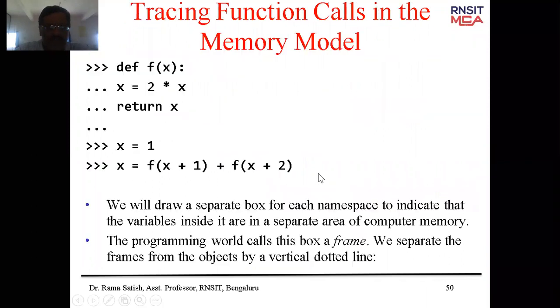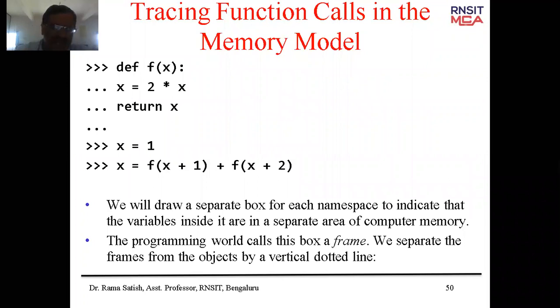Another set of questions are often asked even in the technical round: how is memory allocated? Tracing the function call in the memory model, how exactly memory changes happen in the function.